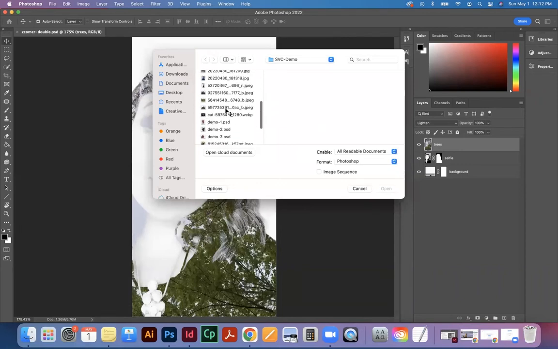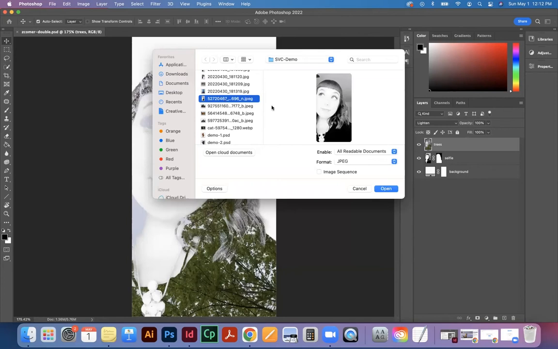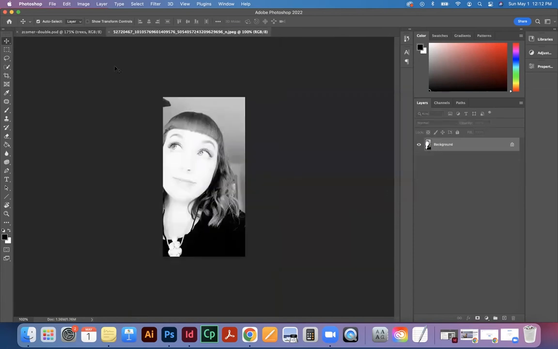I have mine saved in my SVC demo folder. And so I'm gonna just go through and navigate to where I have that image. All right, so I've got that image right here selected and ready to go. And I'm gonna press my open button, and it's gonna open my image up in Photoshop. So you can see that Photoshop will open a new tab, just like a browser will,